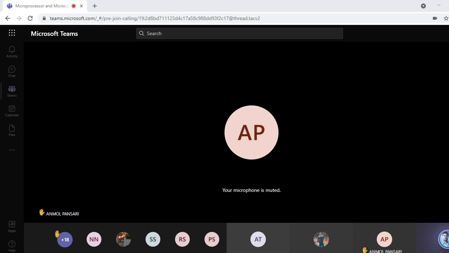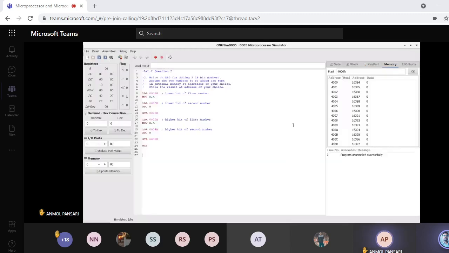Yeah, could you enlarge your screen? Just press the Windows icon on your keyboard and the plus icon. Windows and plus together.